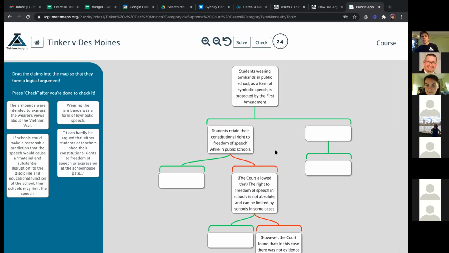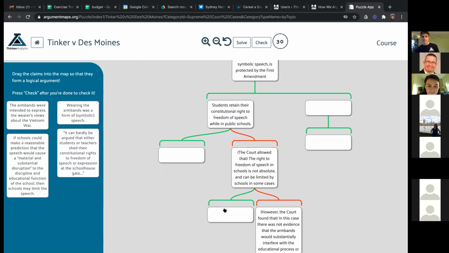That's amazing. You got them on Tinker. It's a kind of a subtle case. That's awesome. Yeah, well, we study Constitution and government. So we talk about freedom of speech, and we use Tinker and we use Texas v. Johnson, and we also talk about kneeling for the national anthem. So it's a whole big thing. They love it. They totally get into it. That's really exciting.